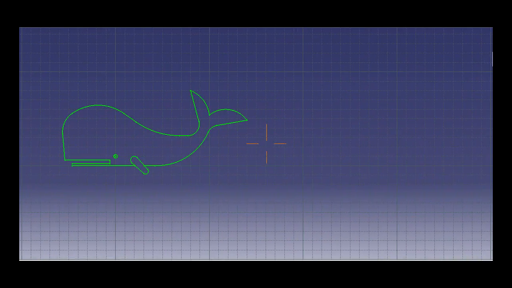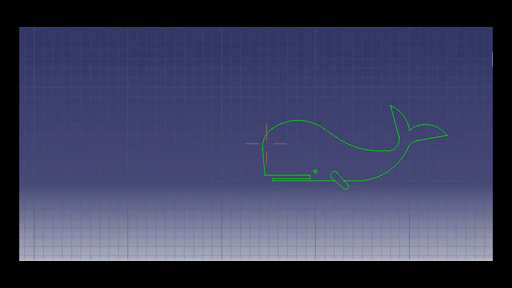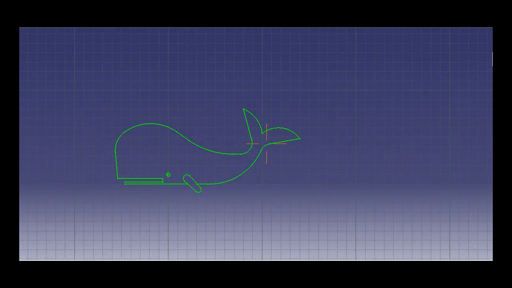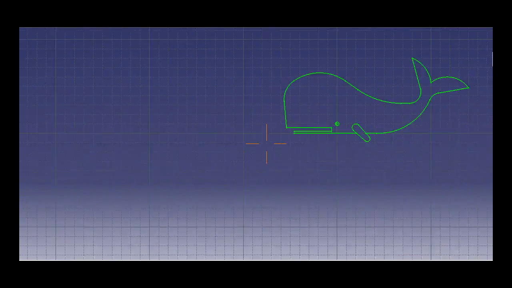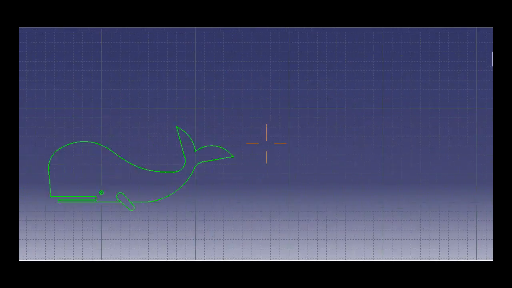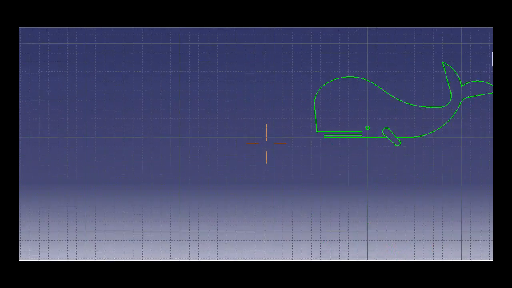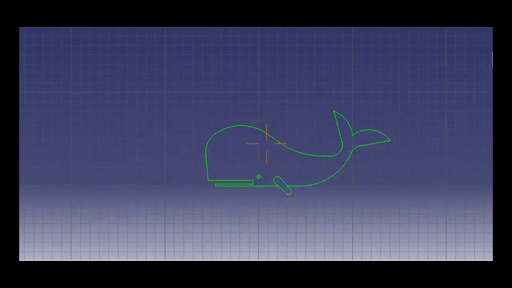In the previous video of CAD-Techie, we discussed commands related to circles and arcs. If you have not watched the previous video, that is tutorial number 6 based on circles and arcs, then I will advise you to see it first so that you will understand how to make the circles and arcs in the Sketcher interface. In this video, we will practice some sketches that are based on circles and arcs.